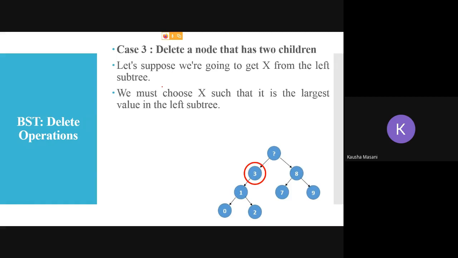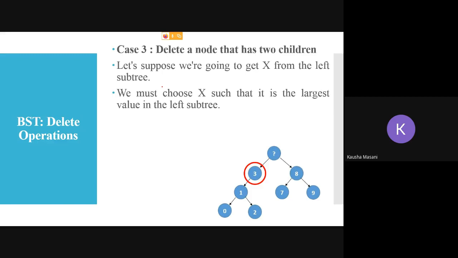So I'm going to replace the question mark with this value 3. Okay, so 3 goes up to the root node. Now the original encircled node, I am going to free up, because ultimately I don't want one node there. So this encircled node will be freed up.